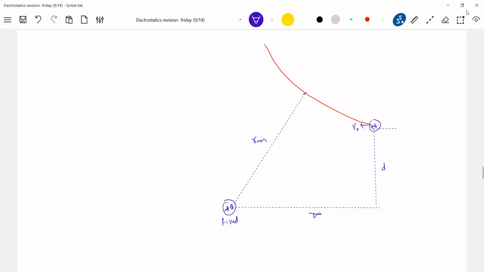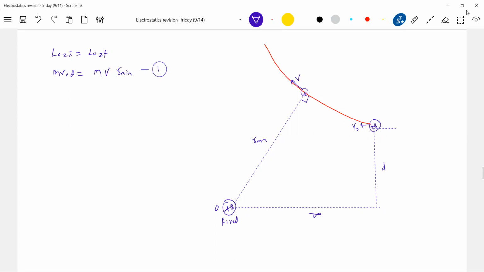So now it will have velocity in this direction. What is the unknown thing? R minimum and V will be unknown. And at minimum distance, they should be perpendicular. Applying conservation of angular momentum about what? About the fixed charge O. L initial equals L final. Initial angular momentum, m v naught d. Final angular momentum, m v r minimum.